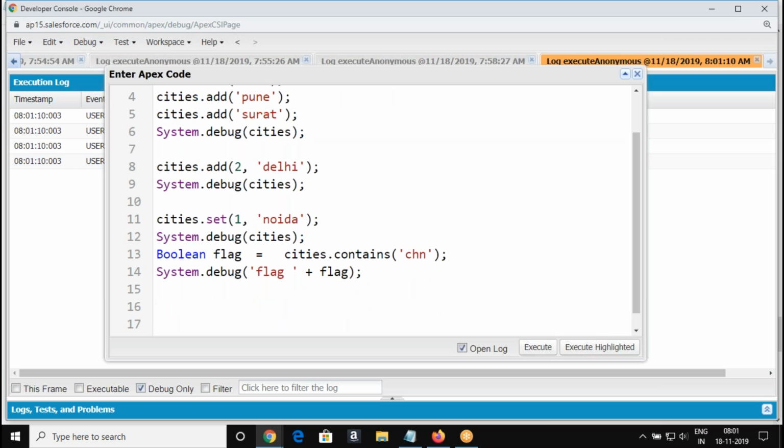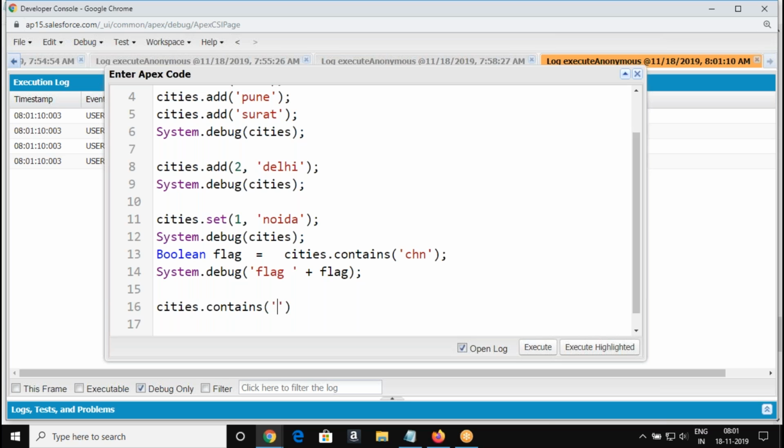So the last flag is going to be false. Okay. Now we are going to check whether the city Surat is there or not, or say Pune is there or not. So let me check. How will you check? Cities dot contains.